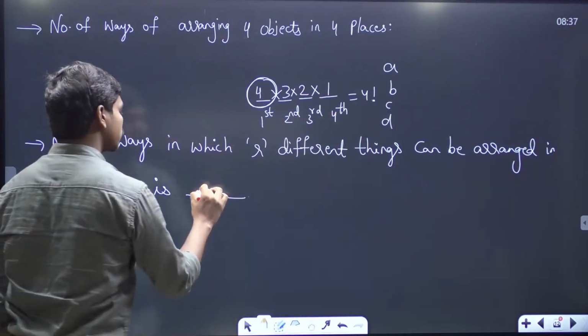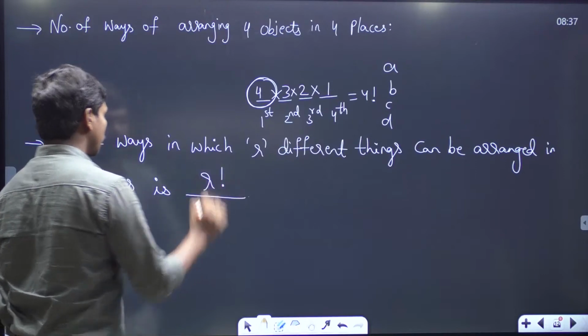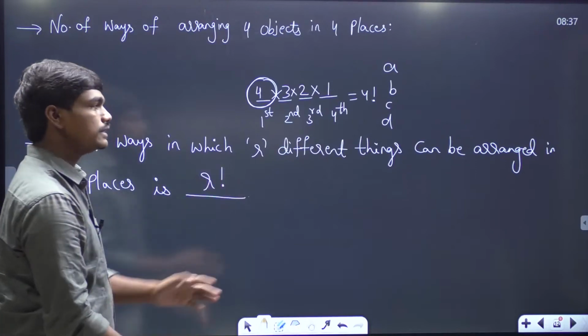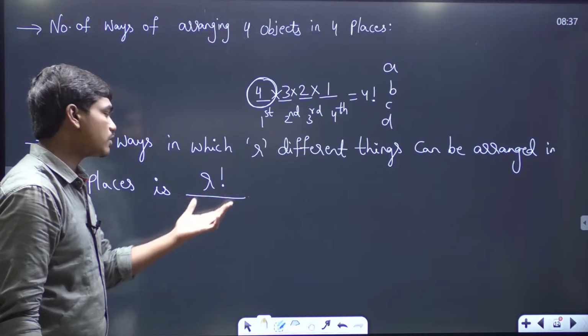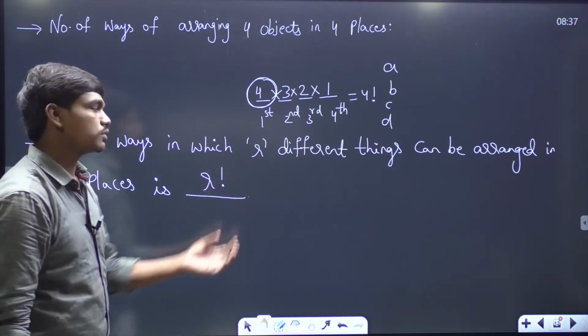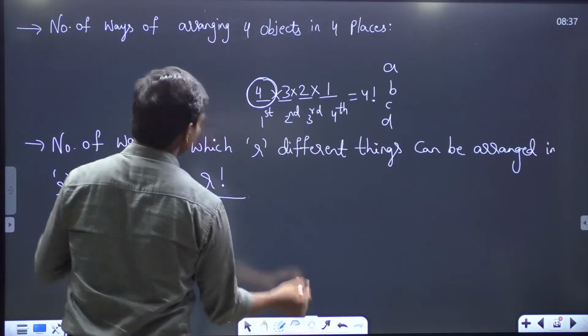R factorial, correct? So this is R factorial. If you have R different things to arrange and R places, then you have a total of R factorial ways to arrange the things. Now, if I ask you this question,